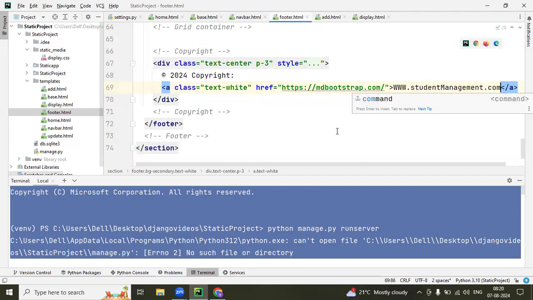management.com, something like this. Whatever website name will be there, you can keep that. That will come here. Here you can give the website URL. Right. Now, after that,